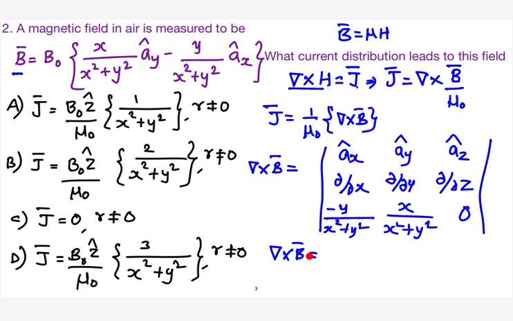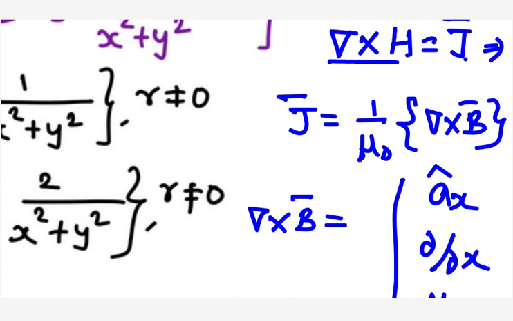Anybody done? Answer is C. So you are getting the current density as 0. Good. Others also solve, and I will straight away say, if you calculate the Ax term, you will get 0. You would have verified by this time. And the Ay coefficient also you will get 0. And if you see the Az coefficient,